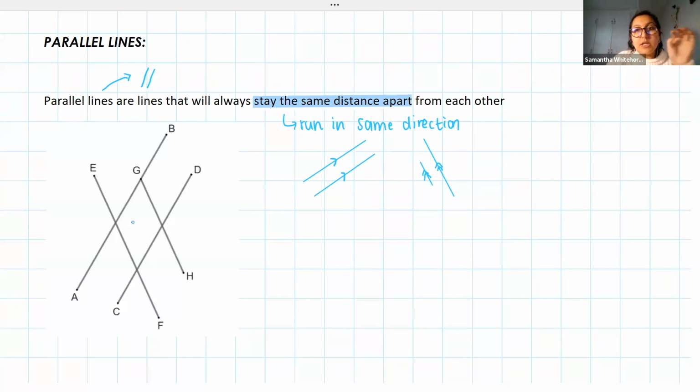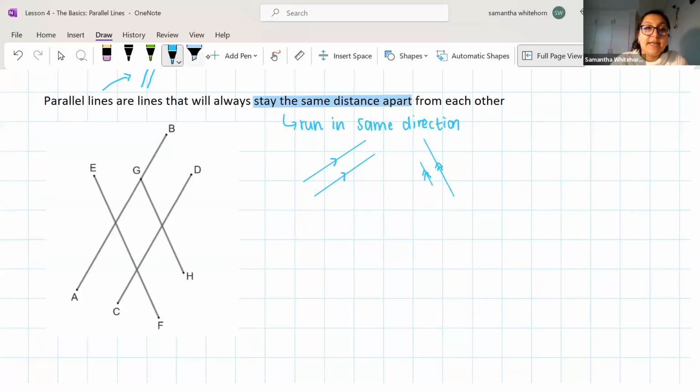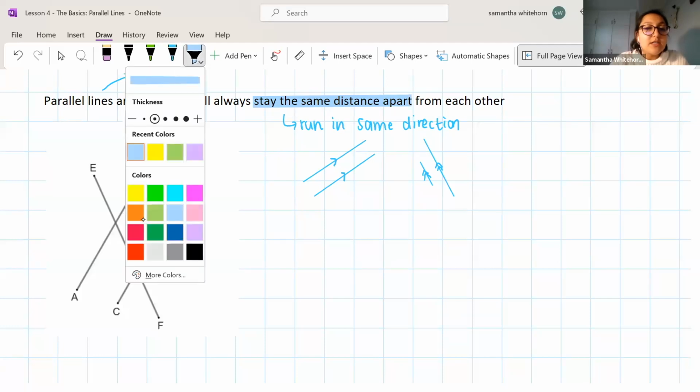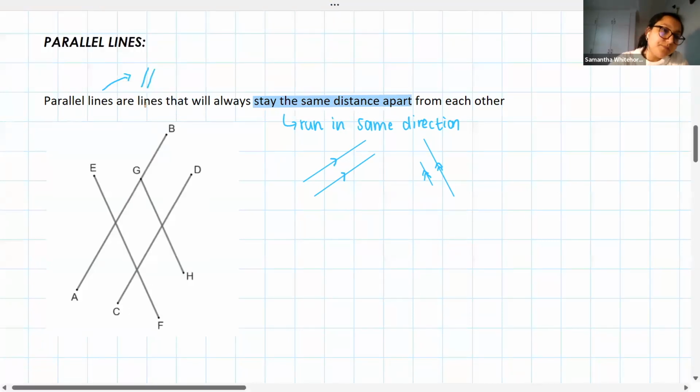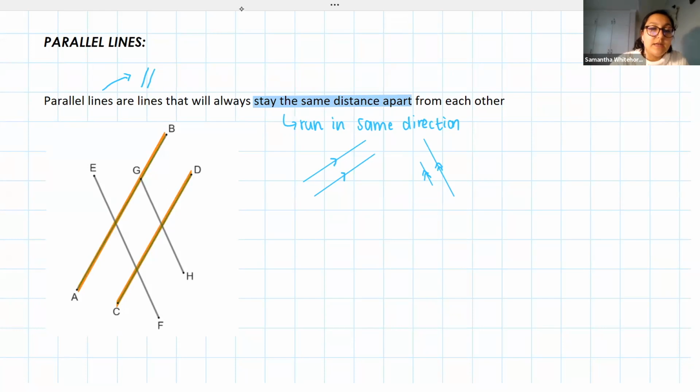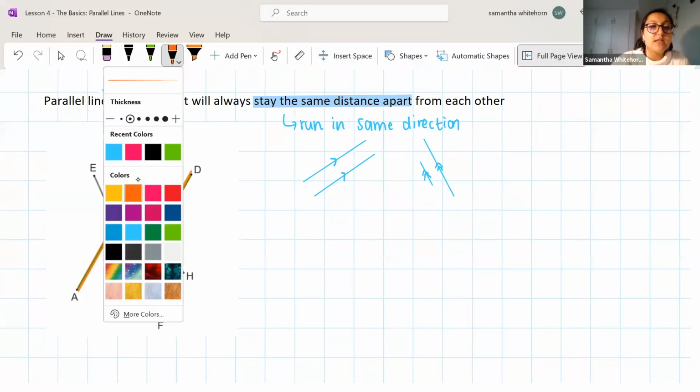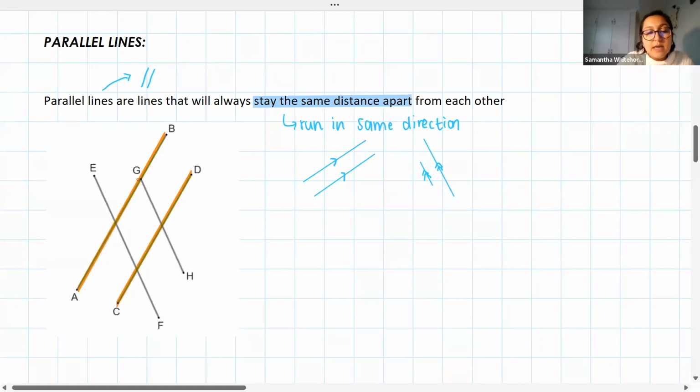So guys, this little image here is just for us to see, like my words, just to identify some parallel lines so that we know what we're looking out for. But like I say, on a diagram, we will always represent parallel lines with little arrows. So just based on looking at this diagram and looking at the distance between lines, hopefully what we can see is that the line AB would be parallel to the line CD. I can see that because the distance apart from each other is equal along their lengths. And so AB is parallel